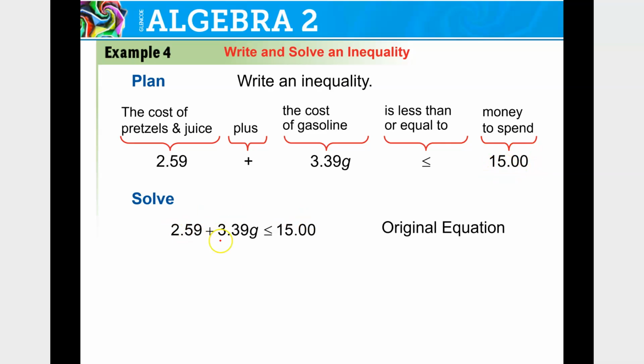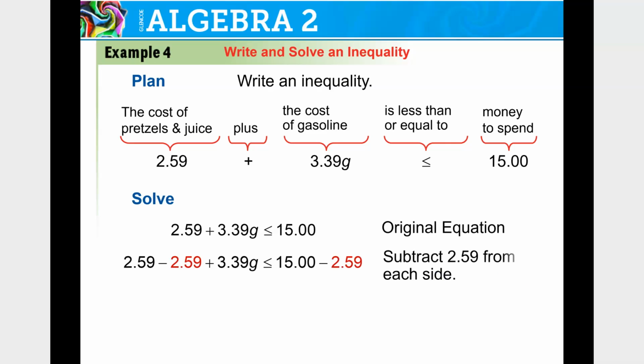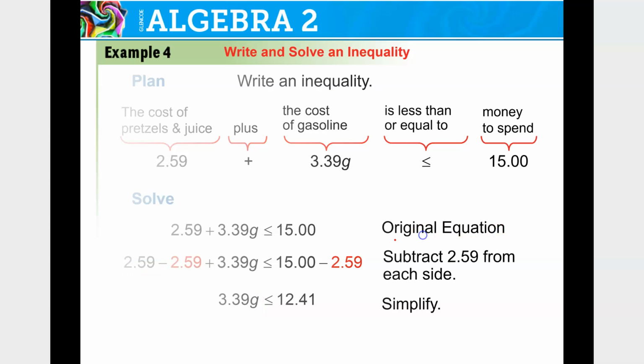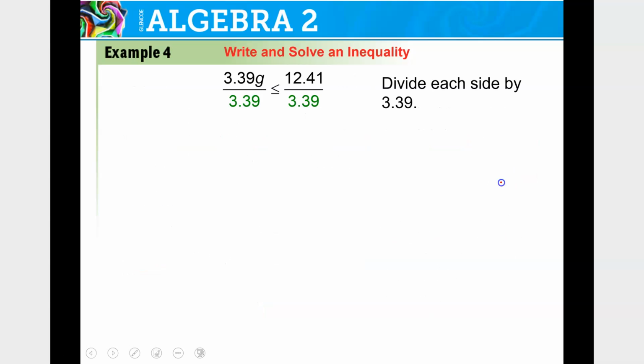Now once we have this inequality, 2.59 plus 3.39g less than or equal to 15, same as before, we just solve for g. We take away 2.59 from both sides. We would get 3.39g less than or equal to 12.41. Divide now both sides by 3.39 because again, we want to get g by itself. So when we divide both sides by 3.39, we would get that g is less than or equal to,